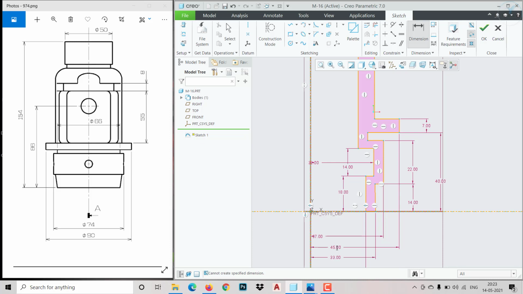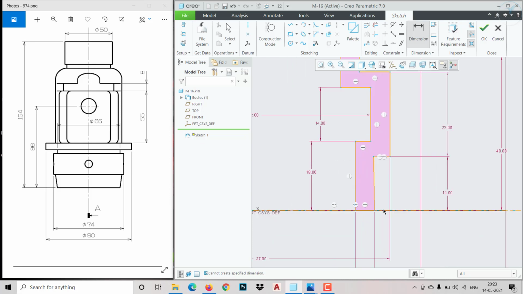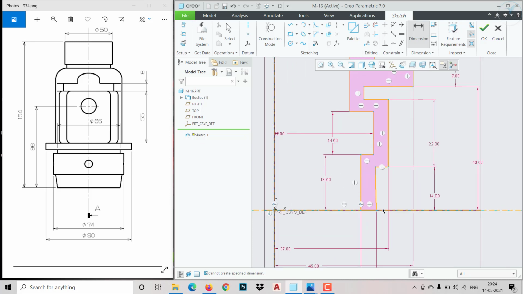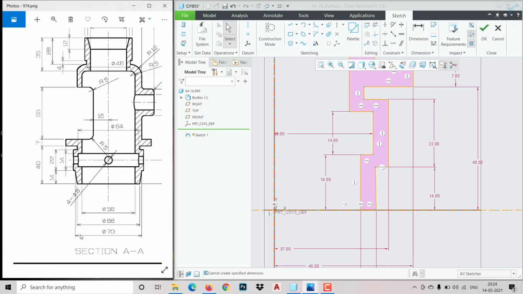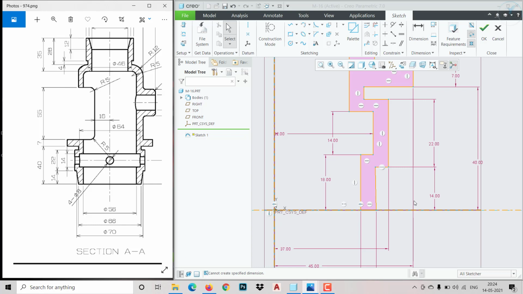Okay, I think here this is 74. This should be at 70. You can see this distance, so that means it would come at 35.